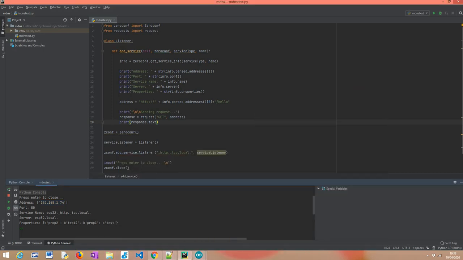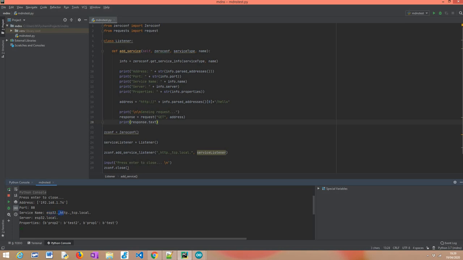Then, as you can see, it is being exposed over port 80. Again, what we expected, what we have exposed. Then the fully qualified name. This is a characteristic of mDNS, and I believe it is a bit confusing for people who are not used to working with mDNS. Basically, the fully qualified name is composed of the host name, ESP32, dot, then the service name. This is the host name of the device that is exposing the service.